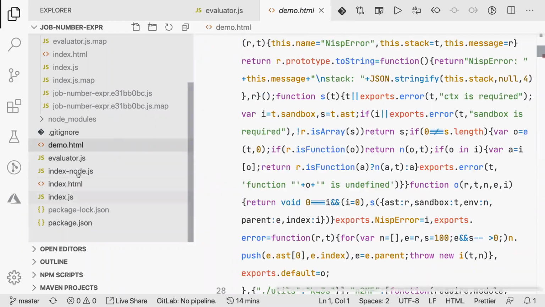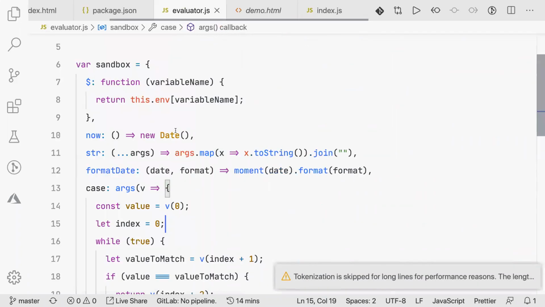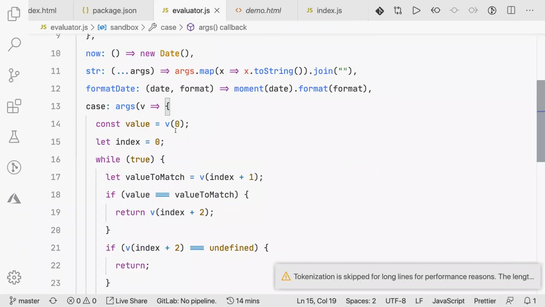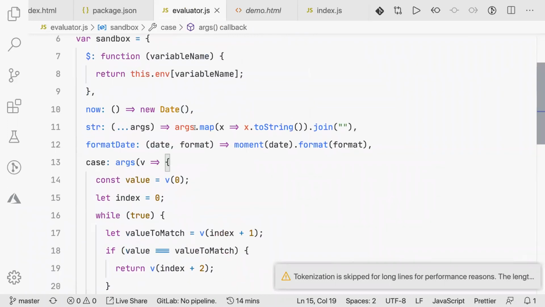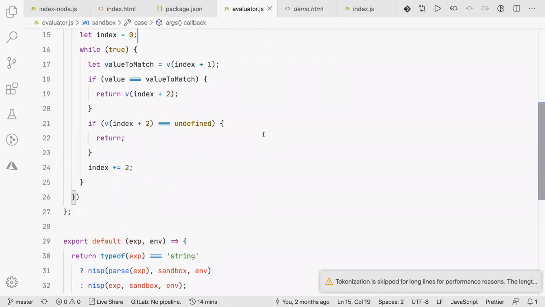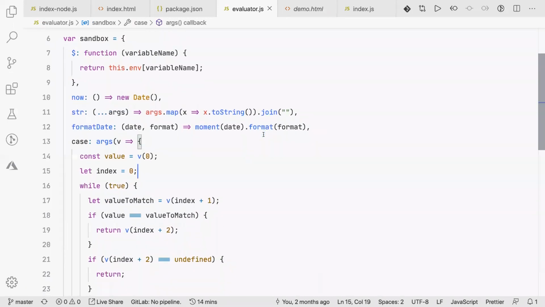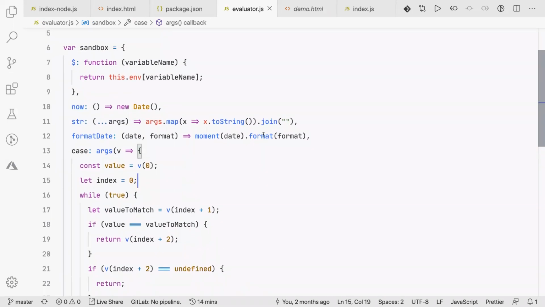I don't have that serialized version here, but I will come back to that a little later. Whatever language I have built over there, it is the implementation of that language. I just created a sandbox.